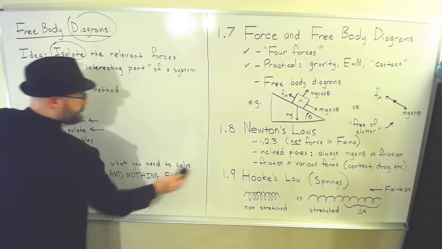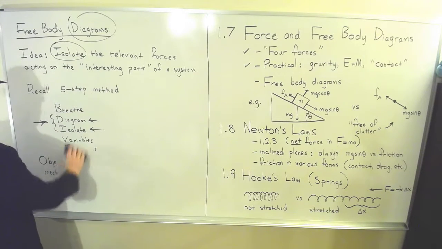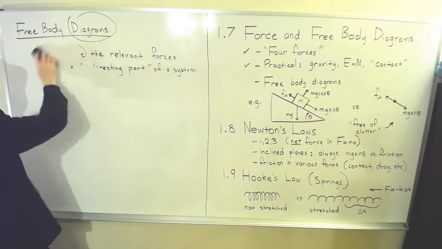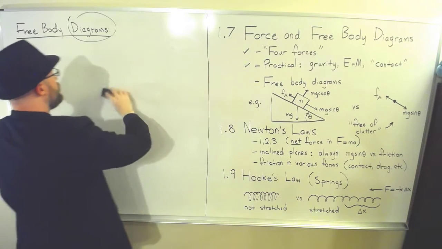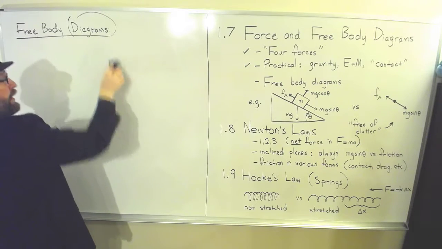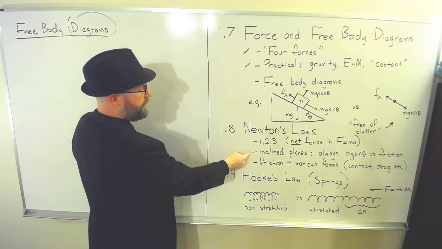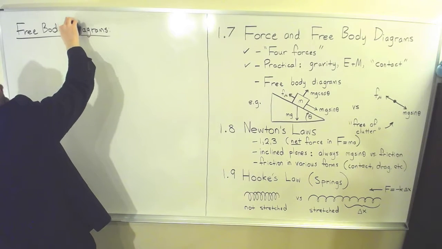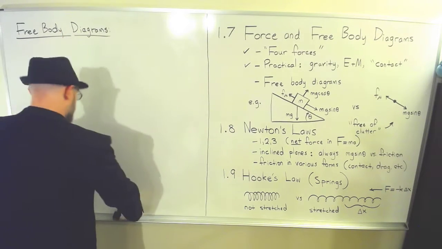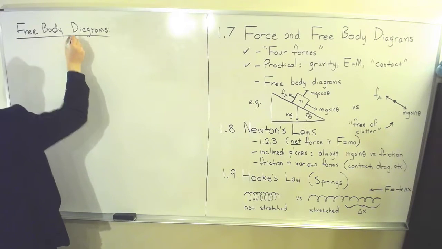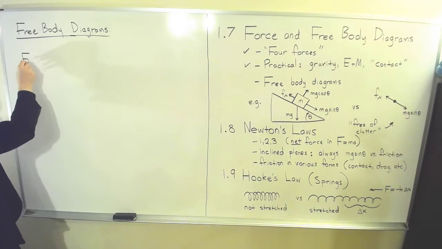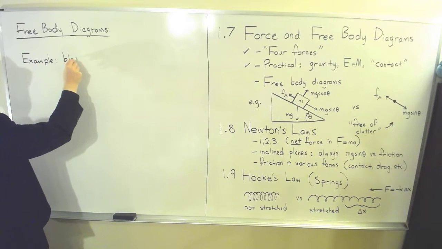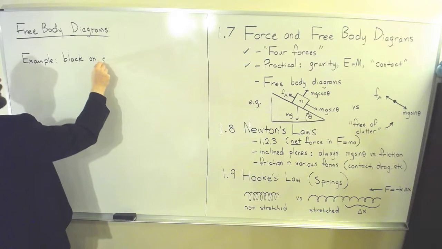I've used up all my space here, so I'm going to erase this, and we're going to look in a little more detail at a specific type of free body diagram which involves inclined planes. The book resumes talking about inclined planes a little later, but this is a good example of a free body diagram, so we will discuss it now. So here's an example. This is a block